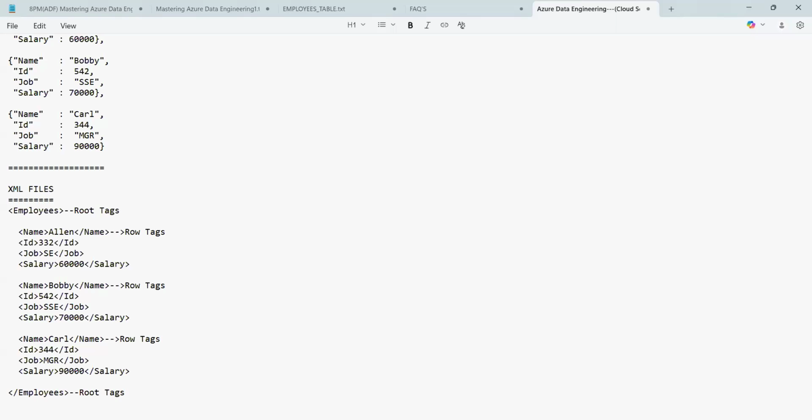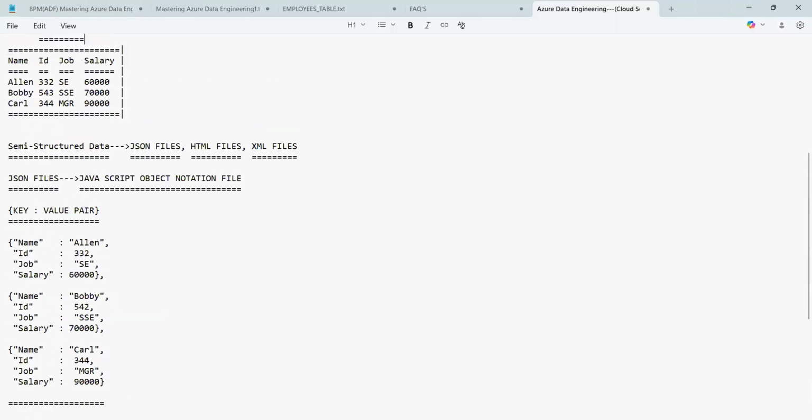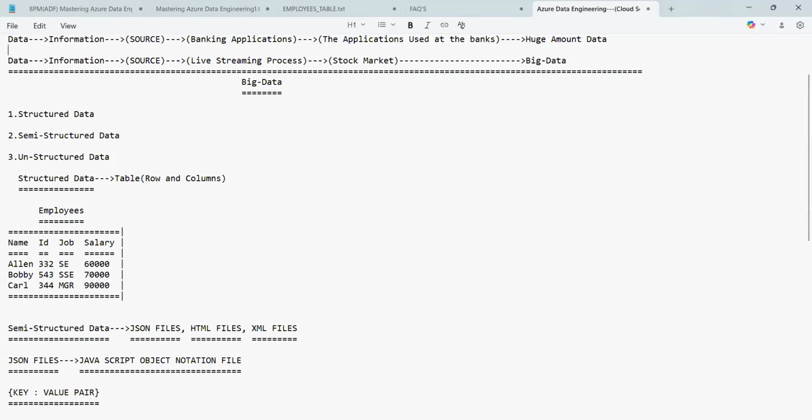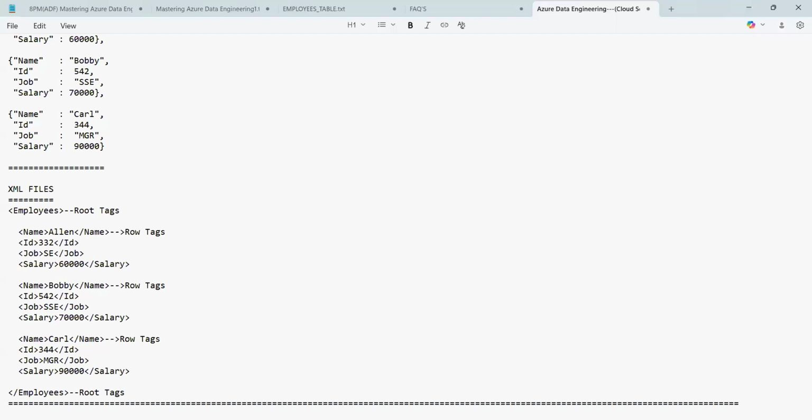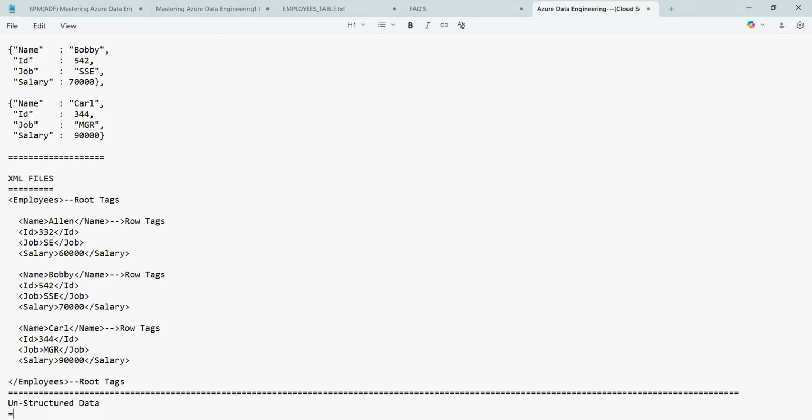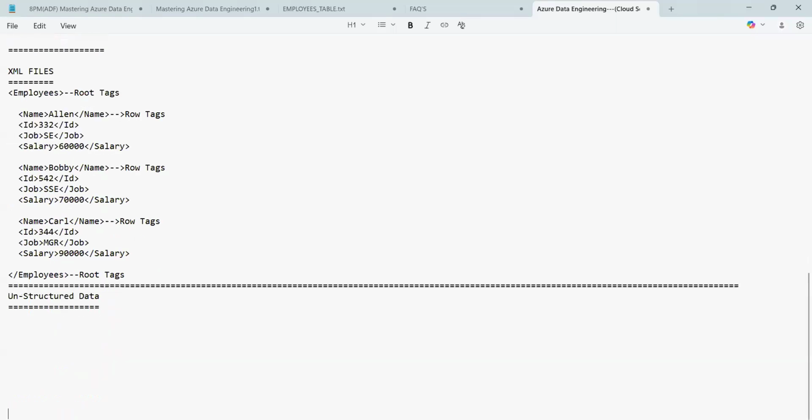These are the semi-structured formats you have. And finally, guys, what is the final format of the data? The final format of the data is called unstructured. The unstructured data is nothing but, guys,